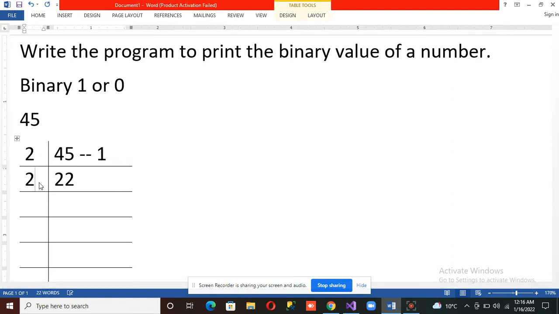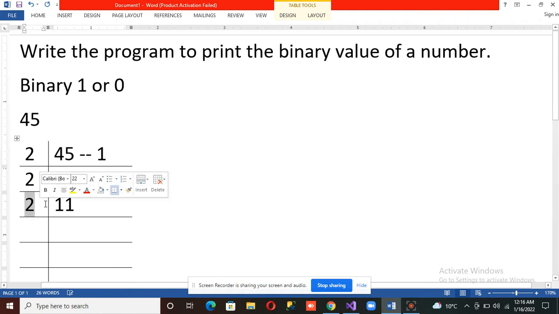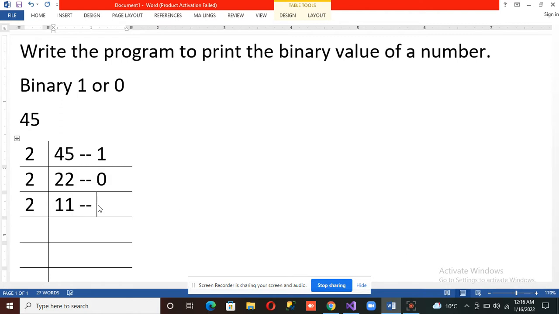Again, if we divide 22 by 2, the remainder will be 0 and the divisible value is 11. Again, when we divide 11 by 2, the remainder will be 1 and the answer will be 5.